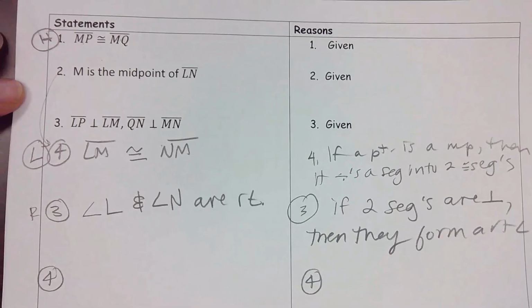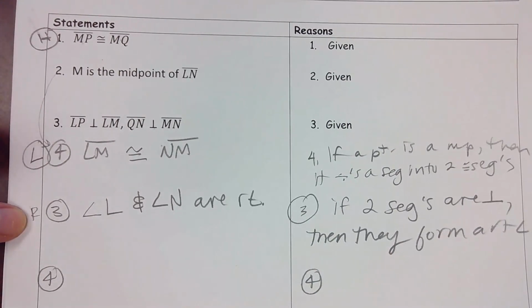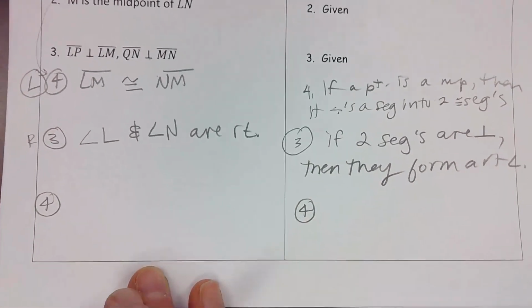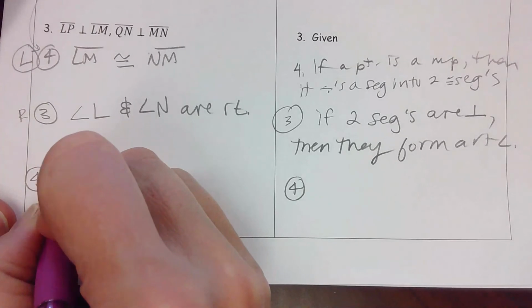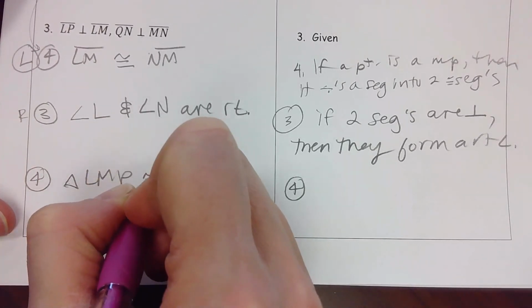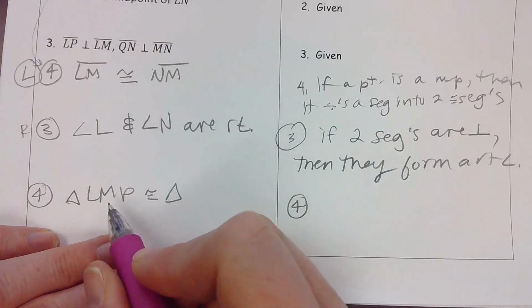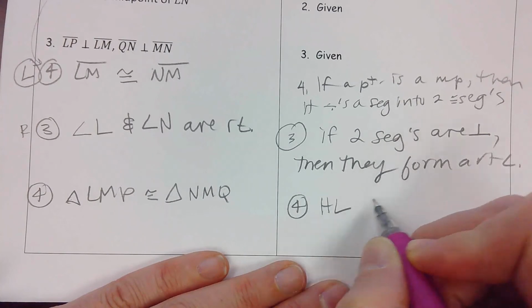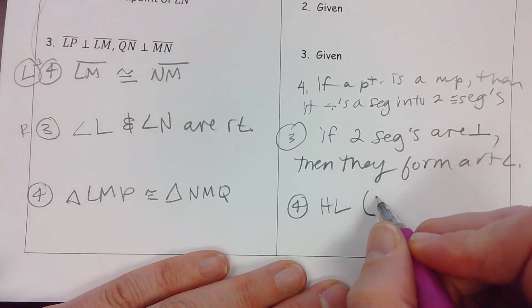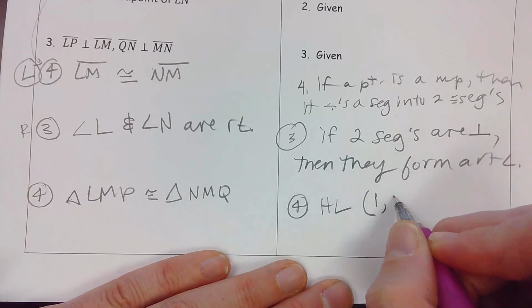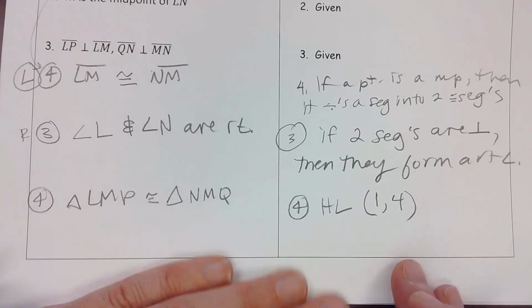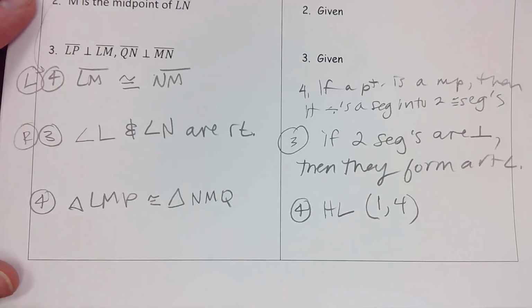Okay, so I think we got it because we have our HL and we have our right angle stated. So we can go ahead and just say triangle LMP is congruent to triangle NMQ, HL. All right, so we've got hypotenuses on step 1, legs on step 4, and that's really all you need. If you want to list off where you have the right angles, you can. Like that's, to me, something that it should be like HLR or something like that, but